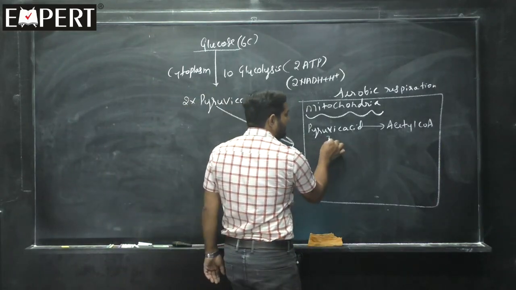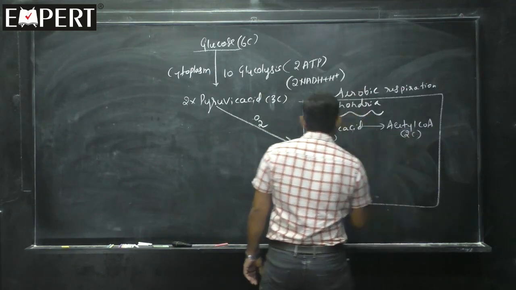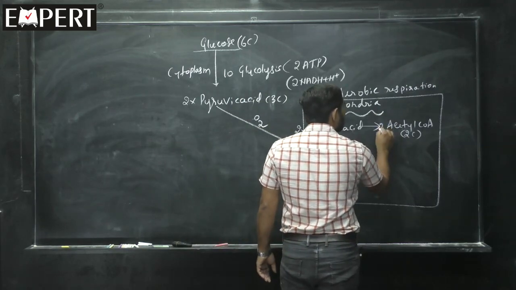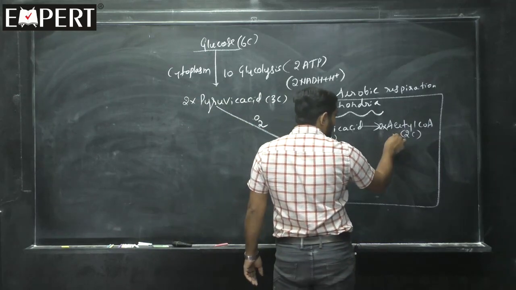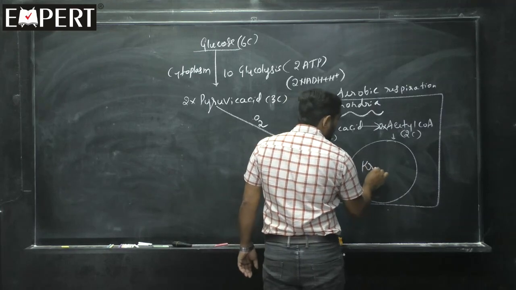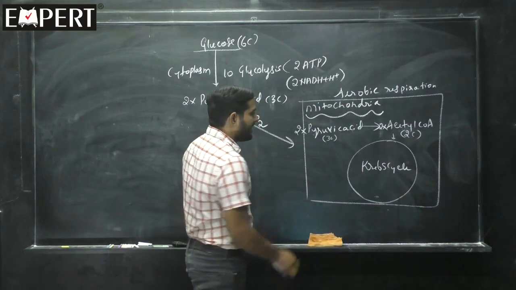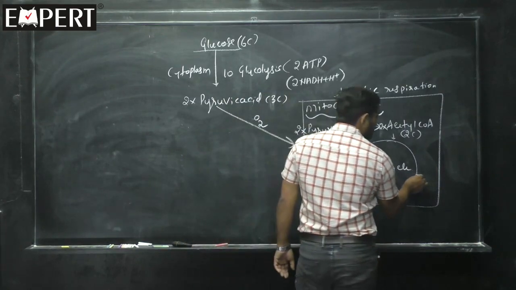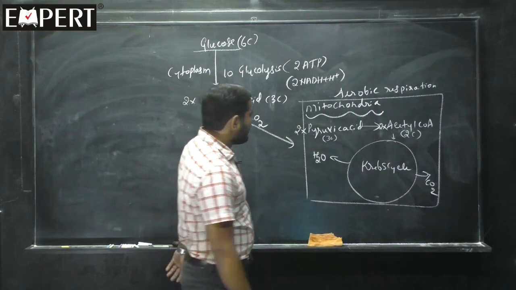Pyruvic acid has 3 carbons, acetyl-CoA has 2 carbons, and with 2 molecules of pyruvic acid, we get 2 molecules of acetyl-CoA. The acetyl-CoA later will enter the Krebs cycle, where H2O and CO2 are released, a complete breakdown,